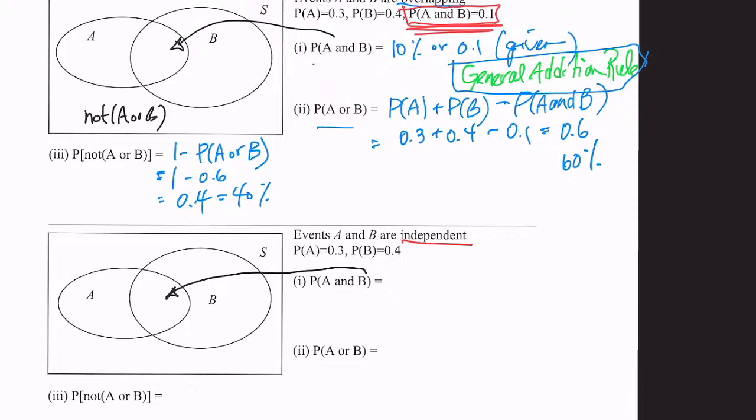So it looks identical, but it's overlapping just like this one is overlapping, but you're told they're independent events. So what does that mean? It means that